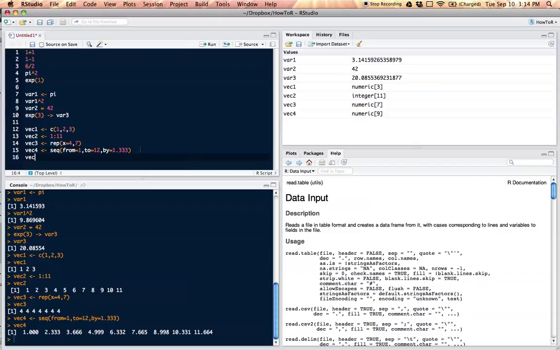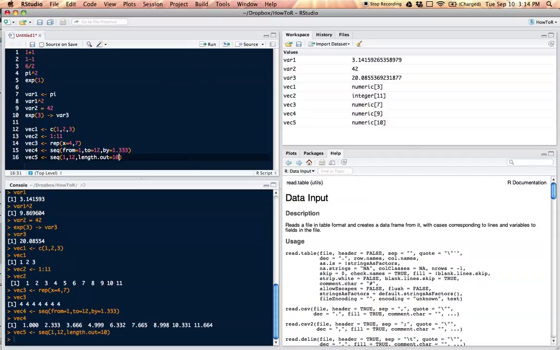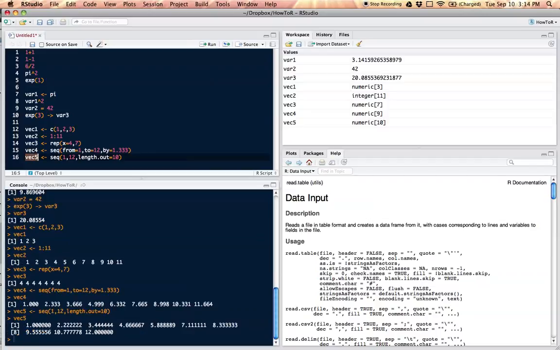In vector, let's see, vec 5. So the other way is to do 1 to 12, and then length out, let's say we want to make it 10 elements long. Then what happens is we get this. There you go. And it does include 12. So the lower limit is 1 and the upper limit is 12, and it goes in increments that make it so that it will be